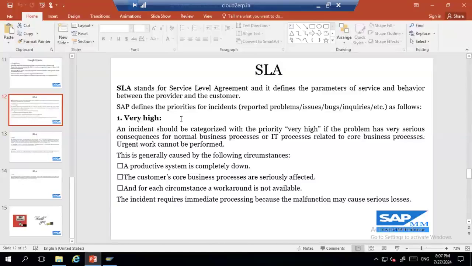Venkatesh: Yeah, support tickets can also be raised from SAP, right? No, support tickets cannot be raised by SAP. Support tickets will be raised by